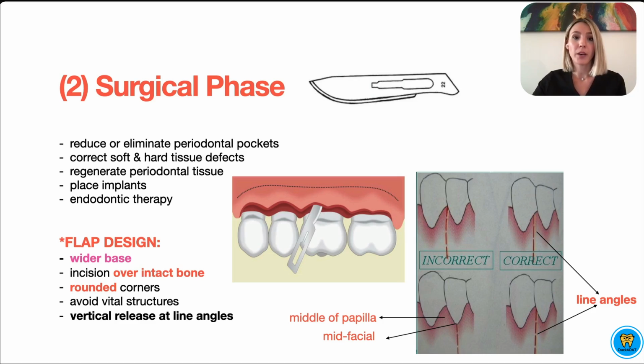So let's talk about the flap preparation design. It is very important that you know that every flap should, in theory, have a wider base to make sure that the blood supply will not be put at risk. Now, the incision should be performed over intact bone and with rounded corners. It might be logical, but also keep in mind that you should